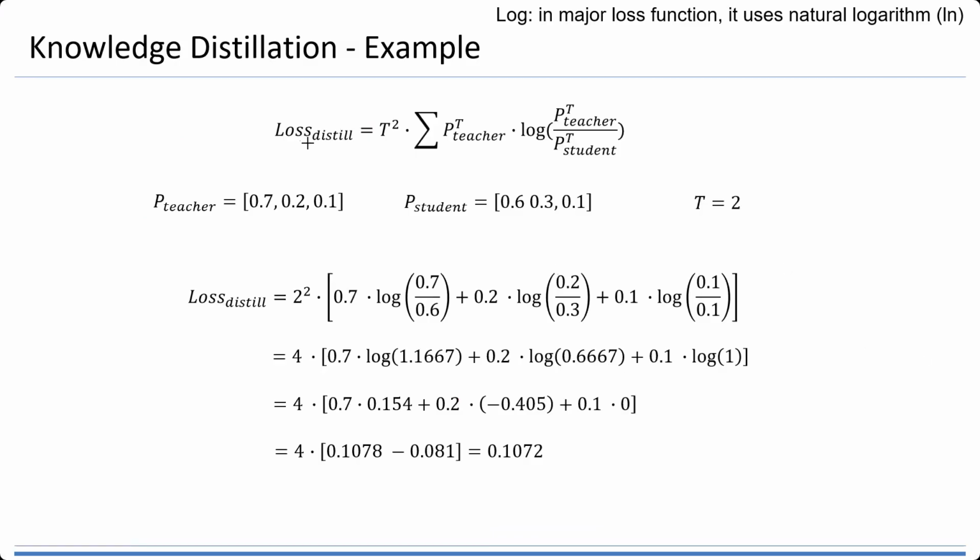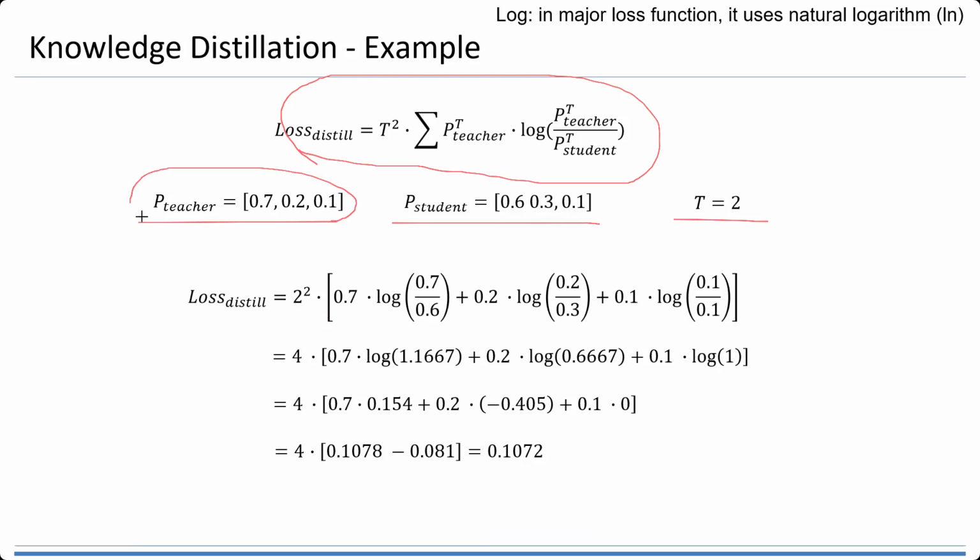When we compute the distillation loss with this formula, we know the P teacher, we know the P student, and we know the T. The P teacher is the model output from the teacher. The P student is the model output from the student, and this is the temperature. You can just put them into this formula. T to the power of 2, so this is from the T. And then we do the sigma. Sigma means this is the data from the teacher, 0.7 log